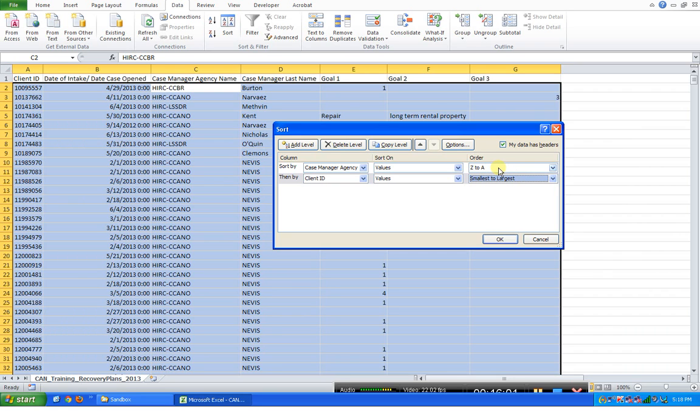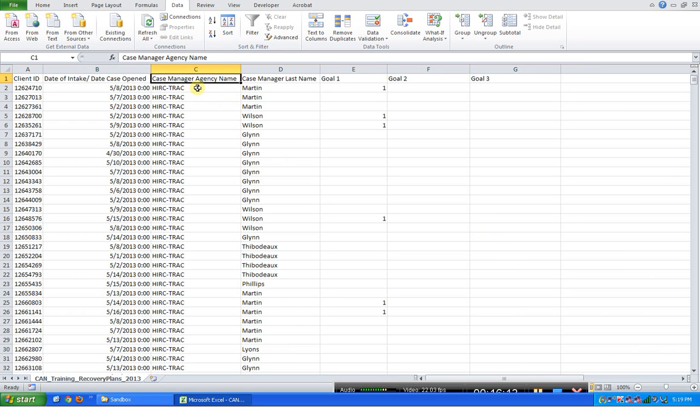So now what we should see are case manager agencies sorted in reverse order from Z to A, with the client IDs sorted smallest to largest. So let's click OK, and look, sure enough, HARC track is the topmost set of records,